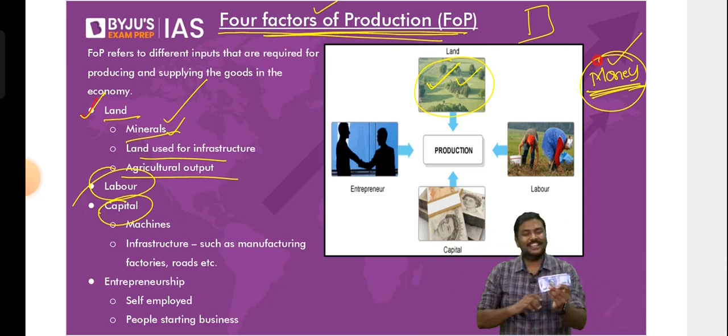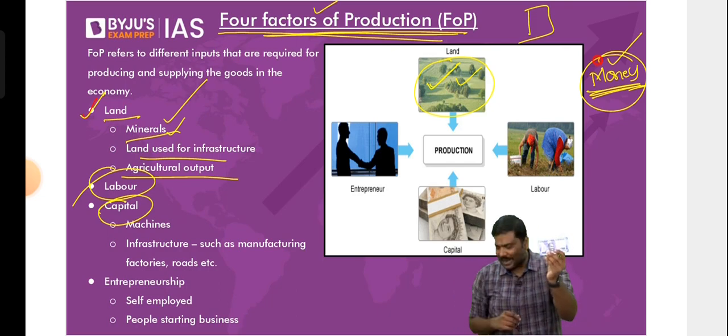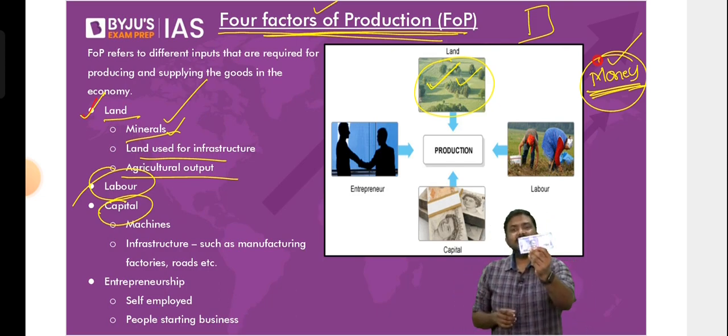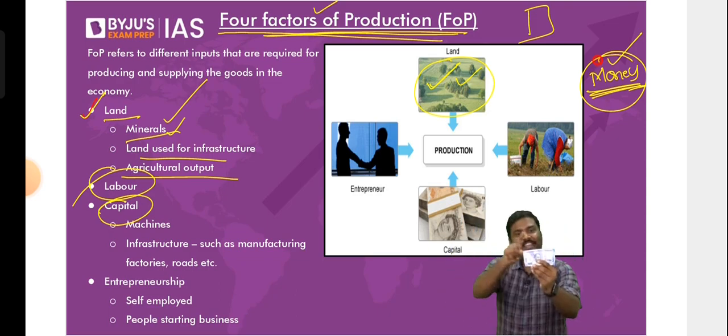Those who have attended the weekend batches, they'll start now. If you have not attended, don't worry. All of you can see this particular piece of paper, that is a currency note, in my hand. Now have a look at this. Can this 100 rupee note produce a good? I want an answer from you people. Can it produce a good?